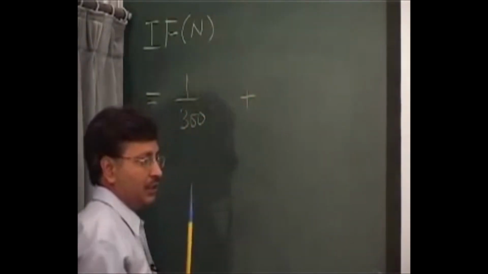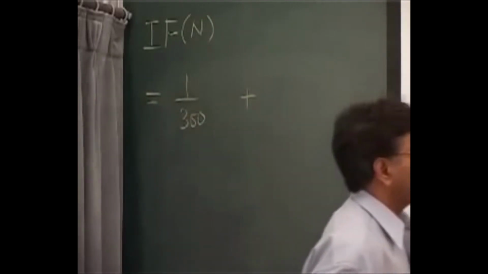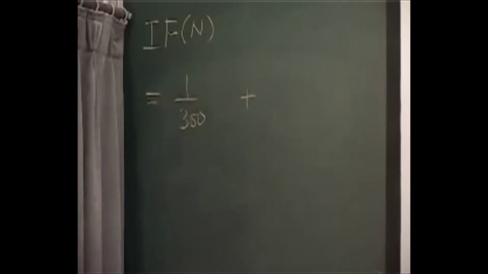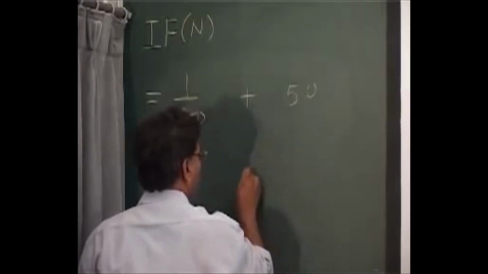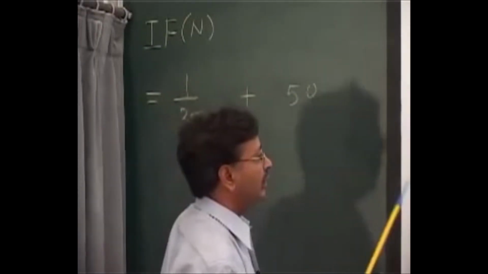The linear combination continues with the second thing, the percent frequency of the wind direction, which is 50, plus